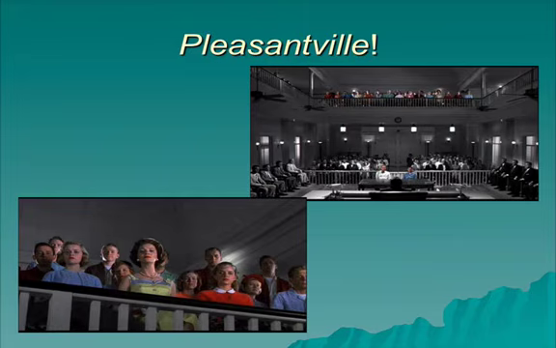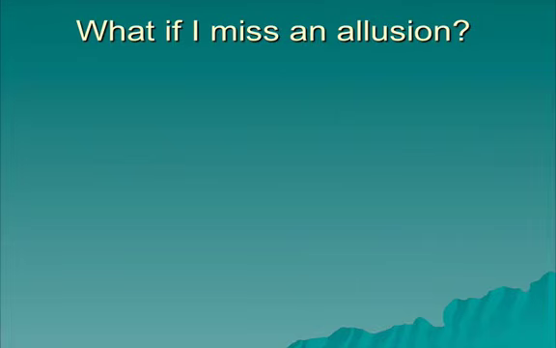So in this case, the people of color are still sitting up in the balcony, and the people below are in black and white. So the allusion contained in Pleasantville pushes the reader to consider race relations historically in our country, and it forces the reader to consider how those race relations were handled in the classic film To Kill a Mockingbird.